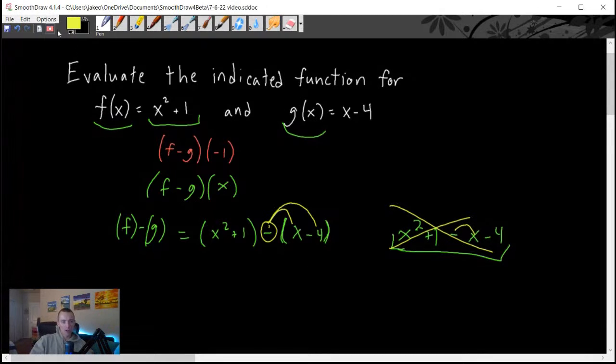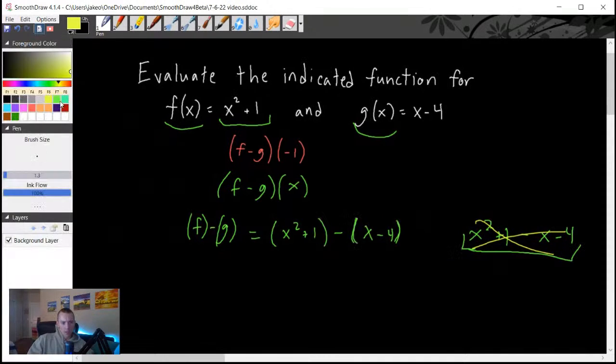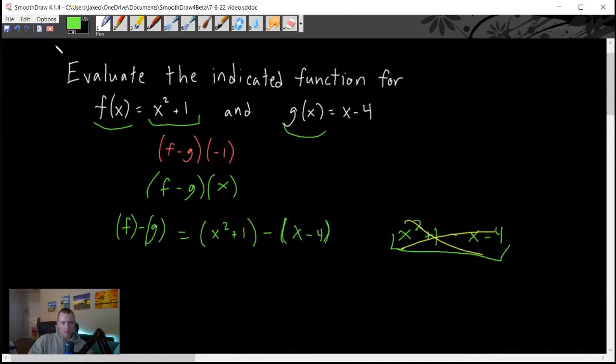So you do want to be very careful with that. You want to make sure that you're putting parentheses around each of your functions. Then you can think about how to simplify it after that. But just make sure that you're doing that. So now that we have properly put our parentheses around this, we can think about how to simplify this whole function now. So this basically tells us that f minus g of x